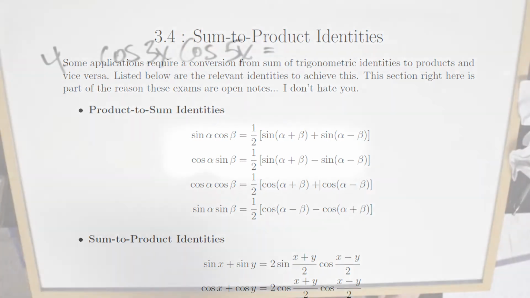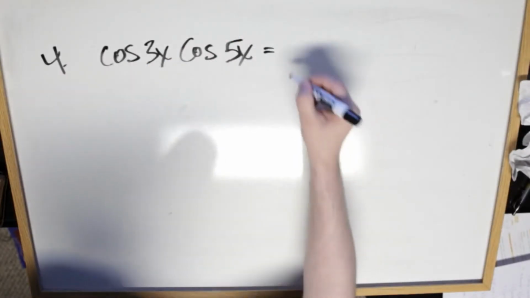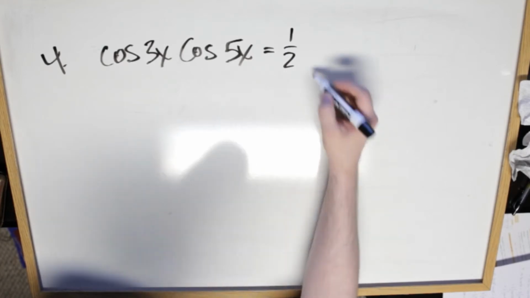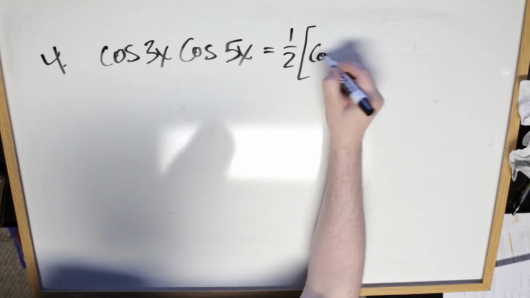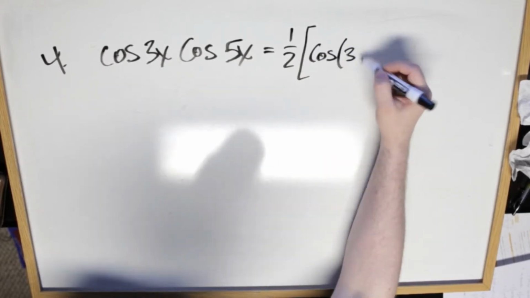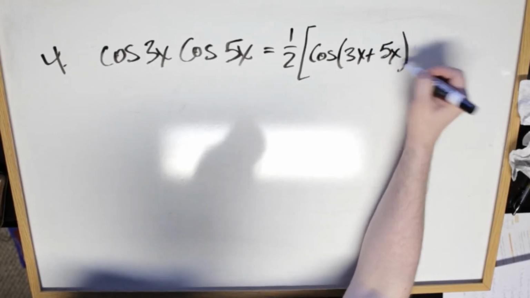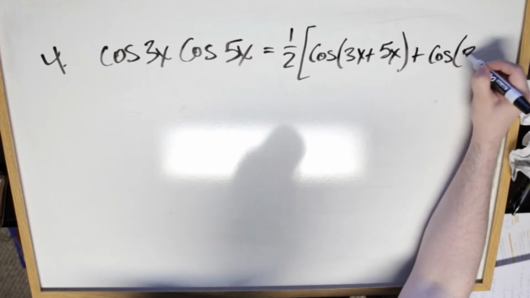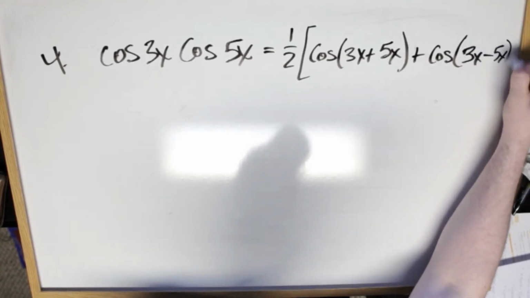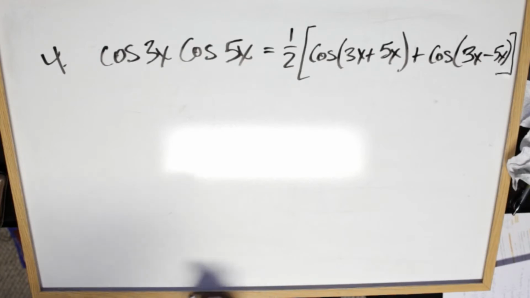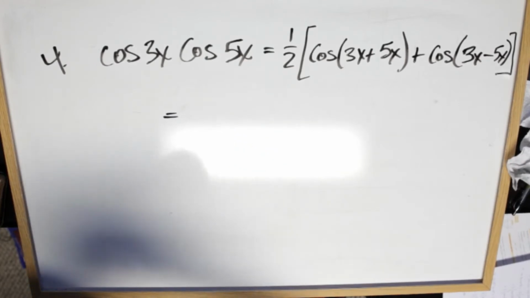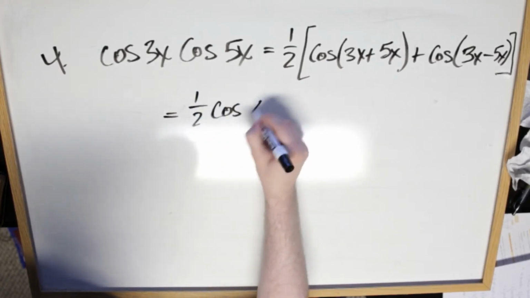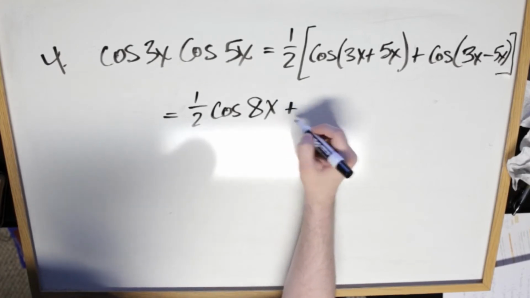Is it going to switch? There it is. Okay. So this is going to be 1/2 times, what is it? Cosine 3x plus 5x. And we're going to be adding cosine 3x minus 5x. Sorry, I ran out of space there. So this is equal to 1/2 cosine of 8x plus cosine